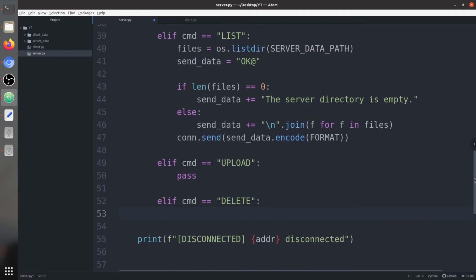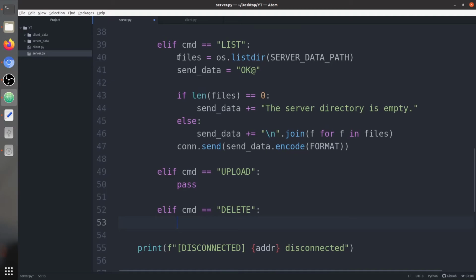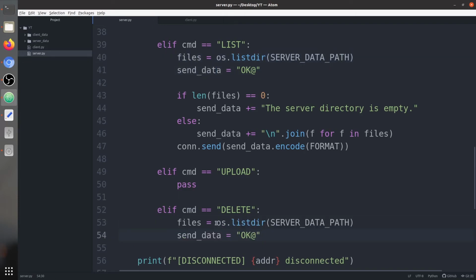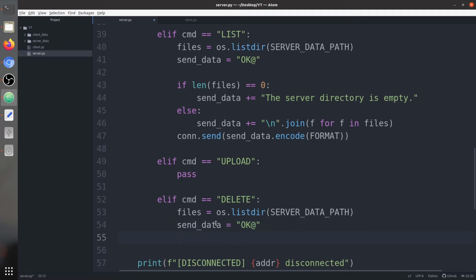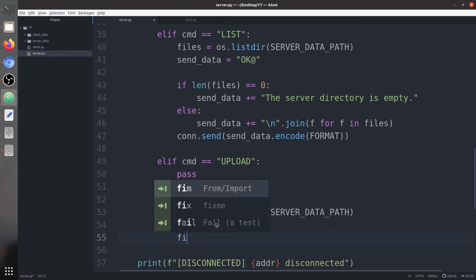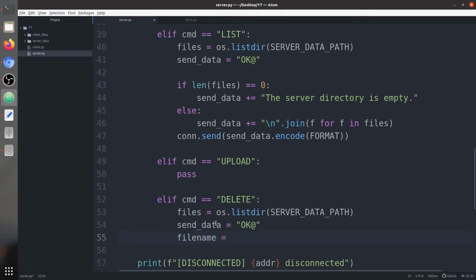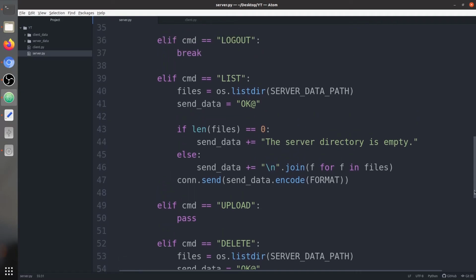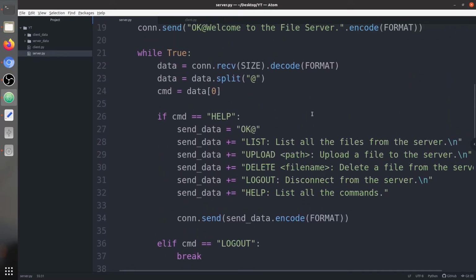So let's copy this line of code from here. Okay, these both things need to be copied from here to here. Okay, this is nice. Now the name of the file, which is in data1. So delete also has an additional parameter, that is file name, and you know we have used @ in the beginning. So here in the data1